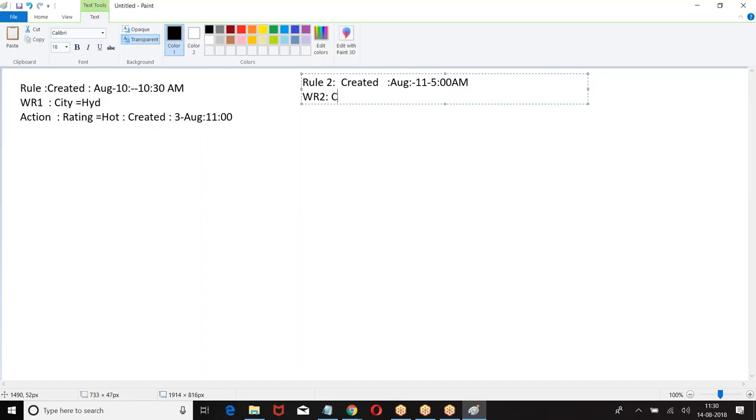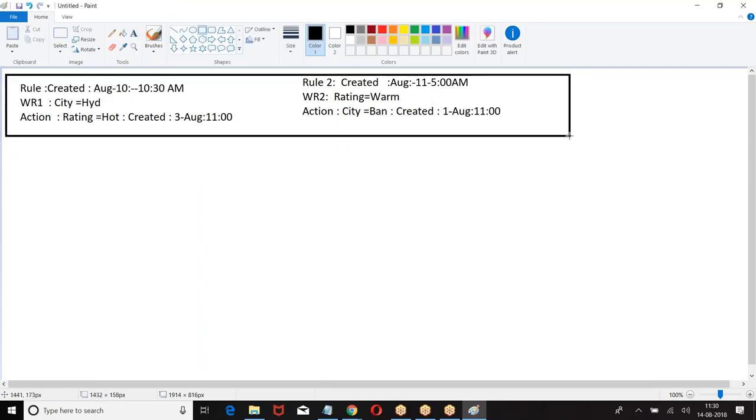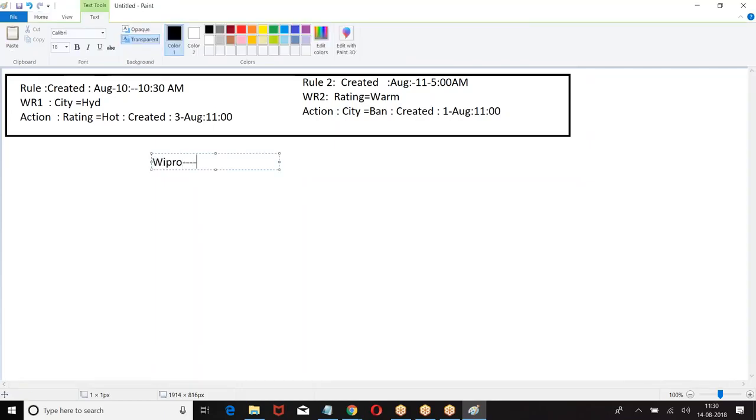City equal to. Right, 2 workflow rules are there. Now look at the format. I created a record. Wipro, Hyderabad.